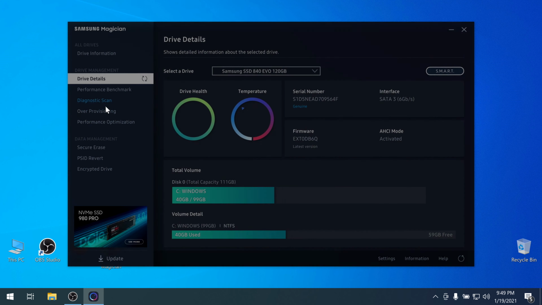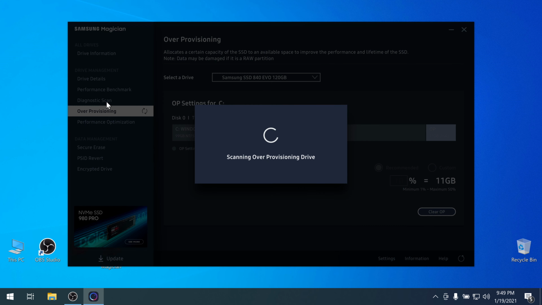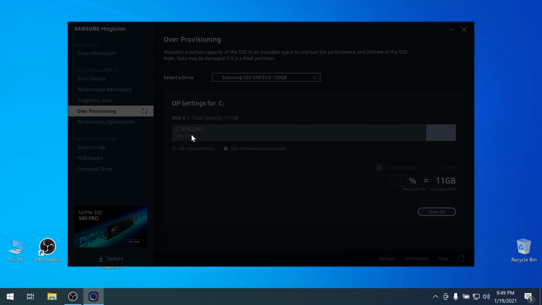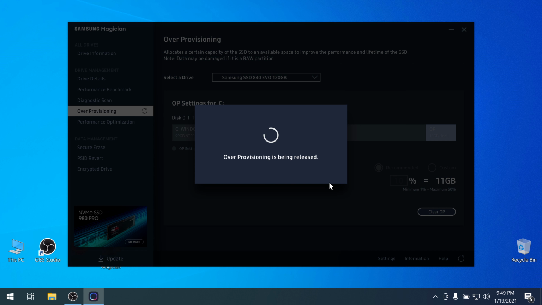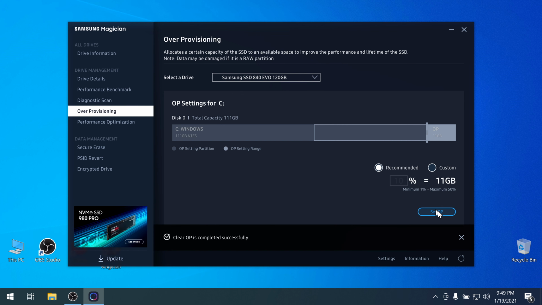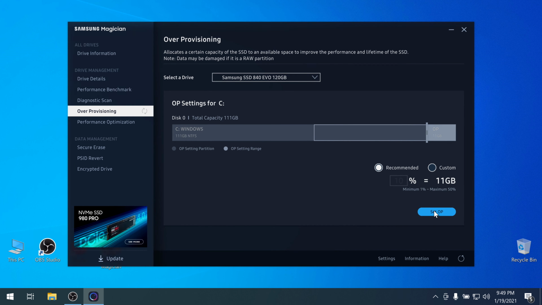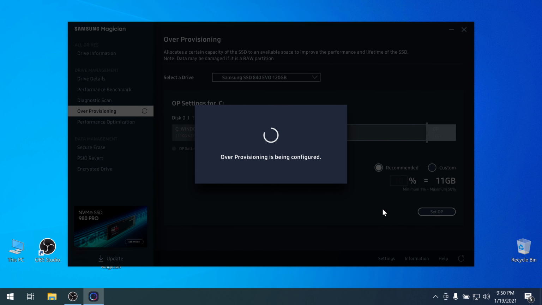I will apply the settings now. First the over provisioning. It was over provisioned already. Yeah, recommended.